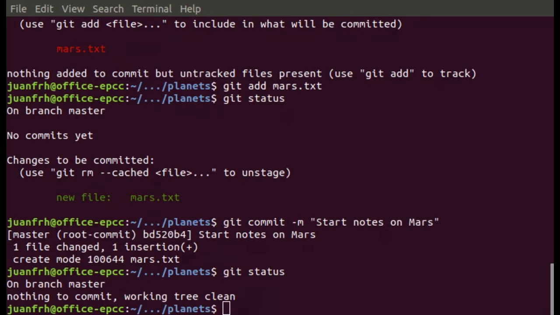Okay, I will explain the choice of the editor with an example. For example, the editor that I'm using now to modify the files doesn't need to correspond to the one that is defined in Git. So I mean, now I can use the editor that I want. In this case, I'll use nano mars.txt,